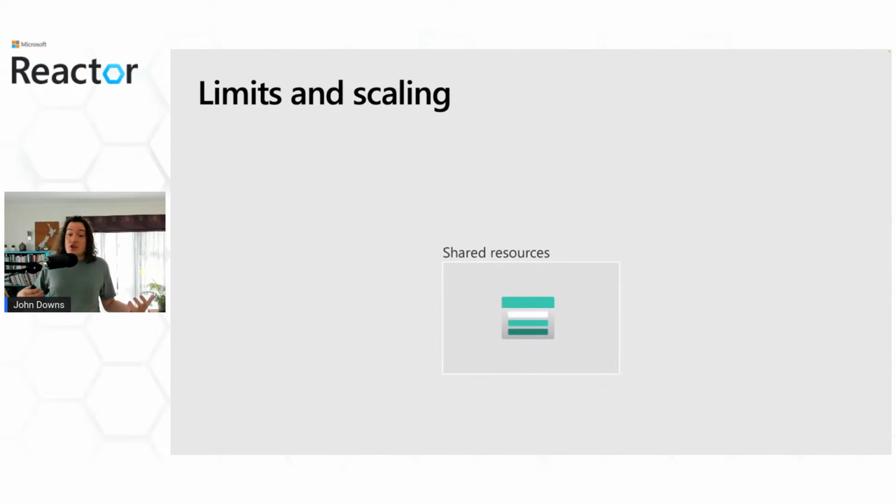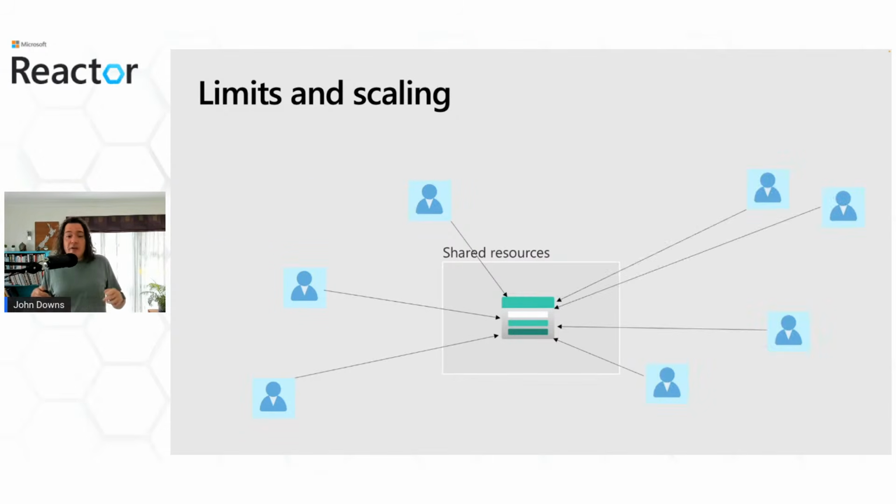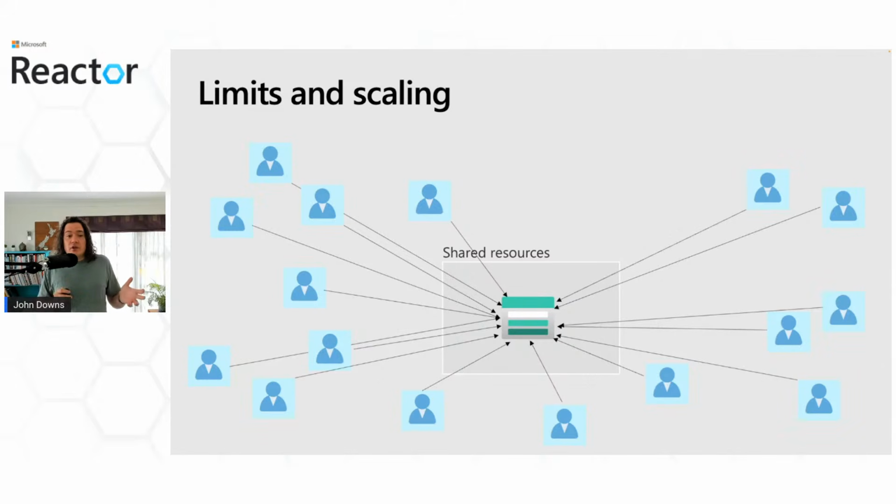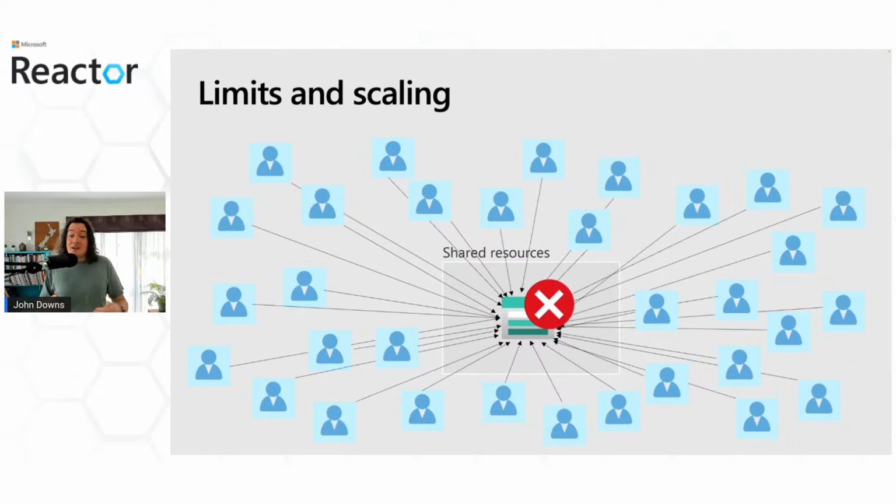Now, this isn't only an issue when you're deploying dedicated resources. Azure resources also have other limits that apply to their configuration or to the way they're used. So for example, imagine that you're building a completely shared storage account for all of your tenants to use. When you only have 3 tenants, that works great. It might even work well when you have 100 or even say 1,000 tenants. But at a certain point, you might try to exceed the 20,000 requests per second limit that a storage account has. And suddenly you get request failures.